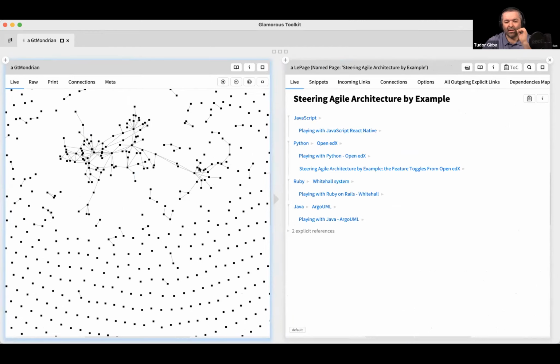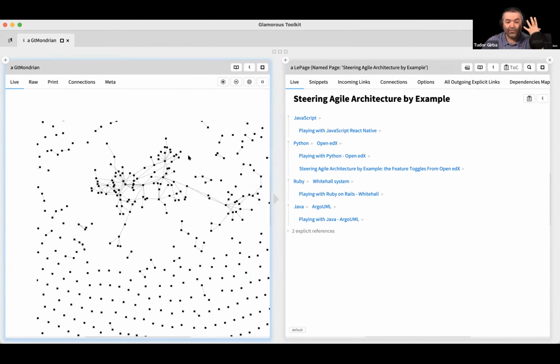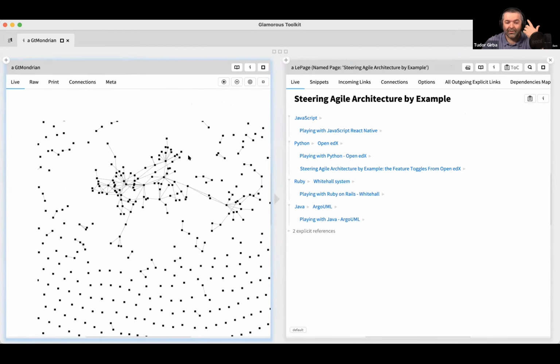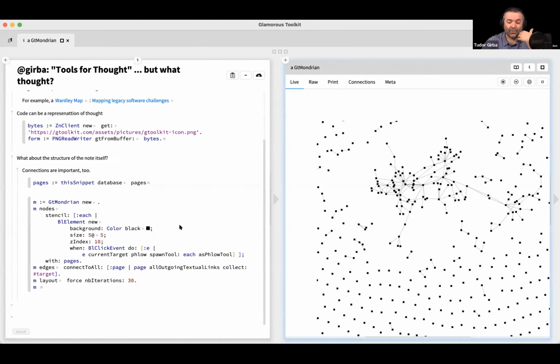Now, the only thing here is, maybe this is not a new feature, but the thing is that this is not a feature. This is a choice. This is my choice of how I want to right now look at some representation of thought in a way that is comfortable for me at this moment in time.